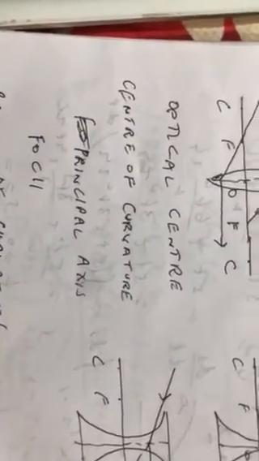Now the distance from O to C this way or that way is called radius of curvature R. Now there is a law that the distance from O to either F is exactly half of R, and that distance is called focal length. So focal length, the symbol is small f, it is half of R. Now all this is true for a diverging lens also.